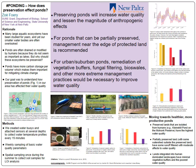If you have been on the campus of SUNY New Paltz, you probably know about the gunk. It's pretty infamous for how smelly it is, and I have always wondered why that may be. Is it because it is polluted? And is it because there isn't a lot of vegetation surrounding the pond? It's just not natural. It always stuck out to me why this pond didn't have any vegetation around it, because I grew up around ponds and I wanted to know how this was affecting the water quality in the